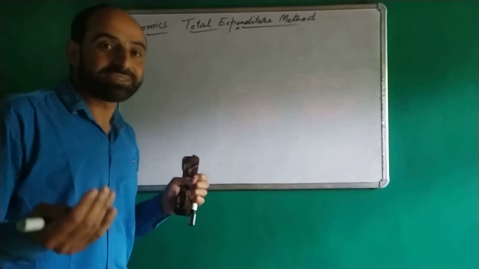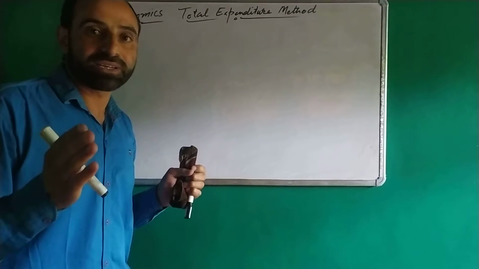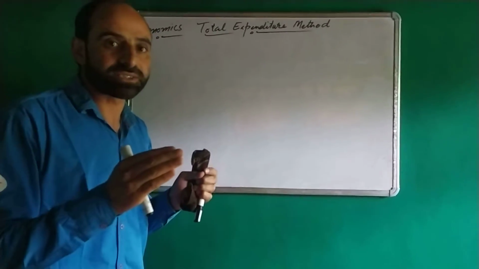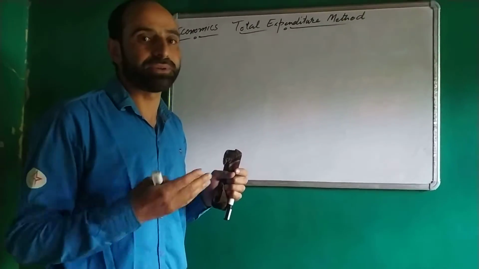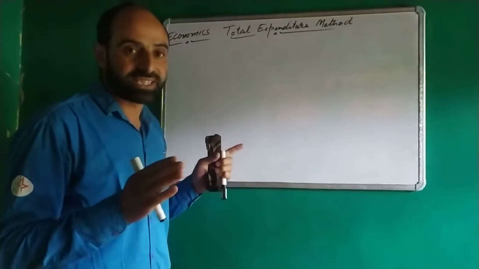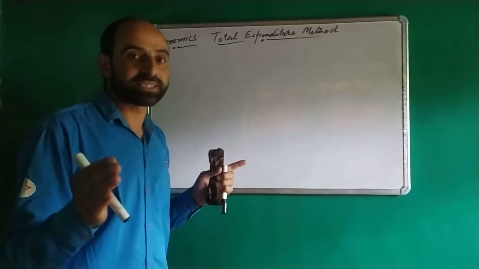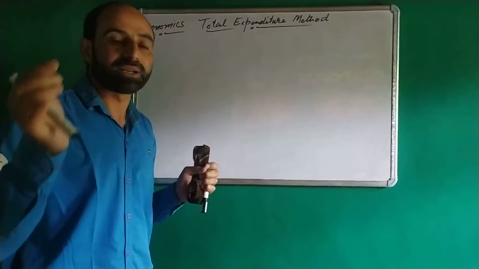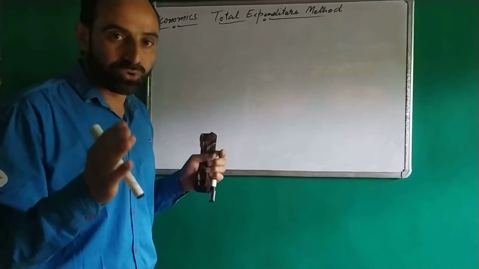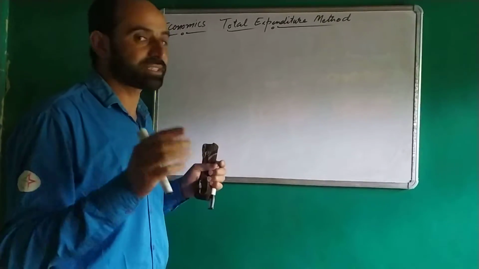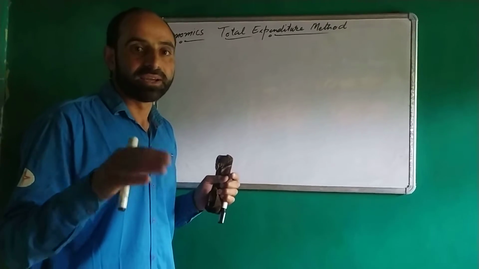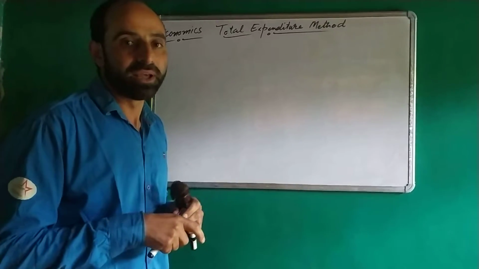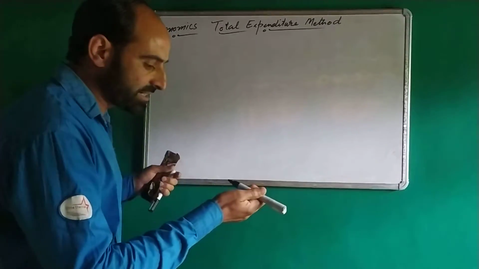When due to a change in price, quantity demanded changes in such a way that total expenditure remains constant, elasticity of demand is equal to 1 or it's equal to unity. And when due to a change in price, quantity demanded changes in such a way that total expenditure increases, elasticity of demand is greater than 1 or greater than unity. And when due to change in price, quantity demanded changes in such a way that total expenditure falls, elasticity of demand is here less than 1 or less than unity. Now let's write these points.